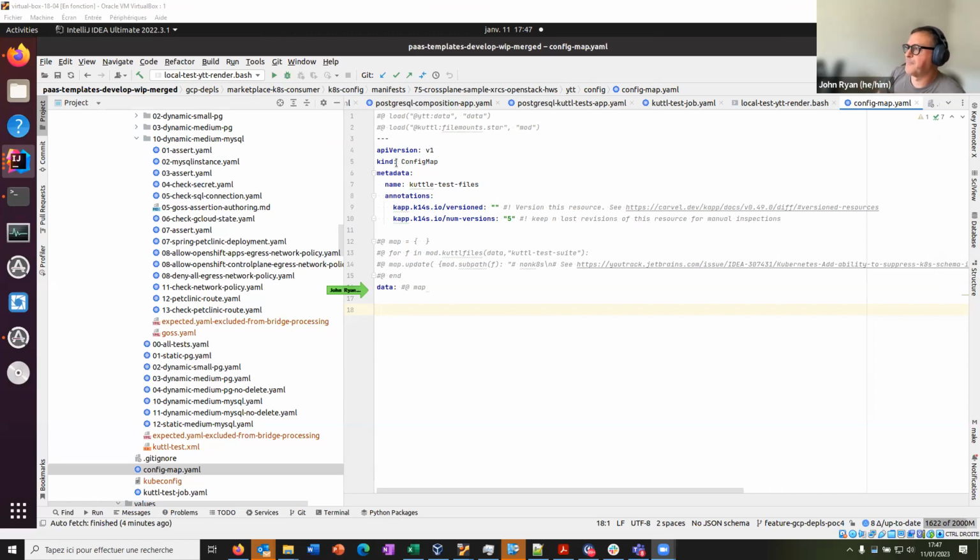Yeah, I mean, the first thing that comes to mind is we have an outstanding idea that we've been kicking around about being able to emit comments out of YTT templates, which, since our templating is in the commenting space, you can get at one level of indirection where you can describe what the template would look like in comments. That could be an approach. It's kind of limited because that could get hairy pretty fast depending on how complicated your templates are. But it's an interesting use case to dig into in order to maybe give a little bit more shape to that effort. But out of the box,